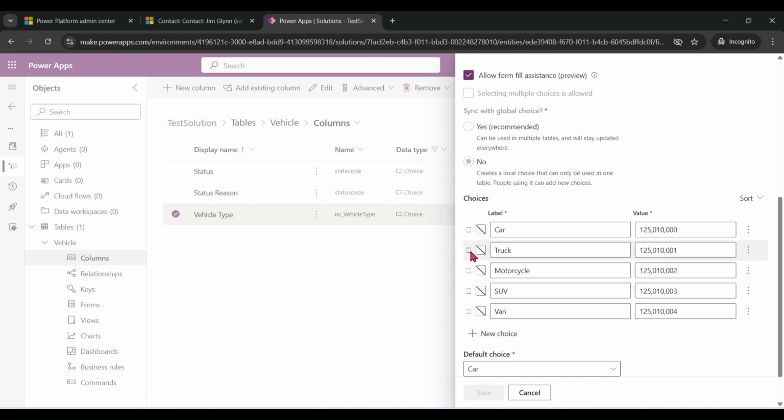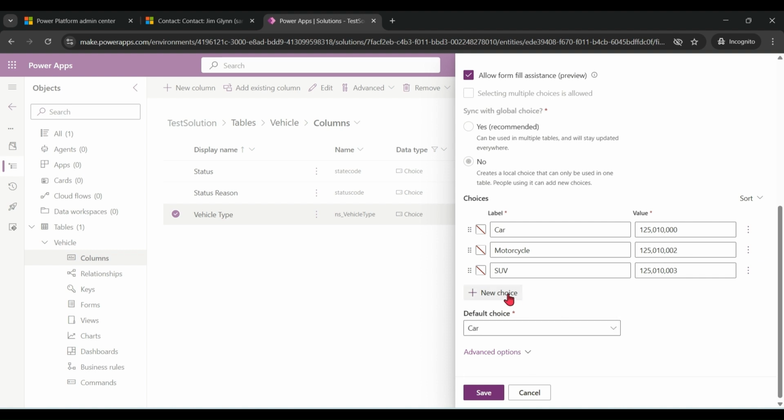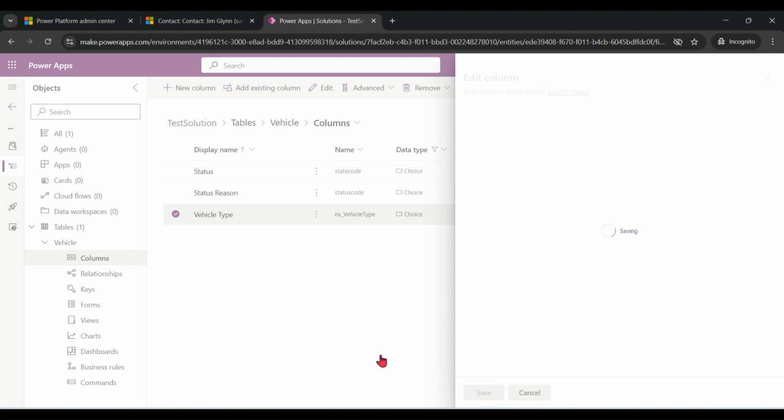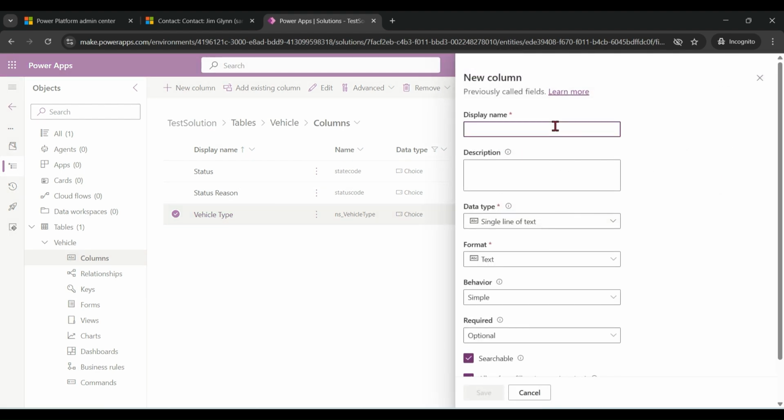I want to remove this option. I want to remove this option. I want a new option. Save. I also want to add a new column, like maybe cubic capacity,